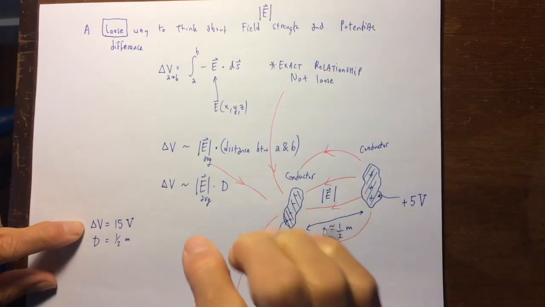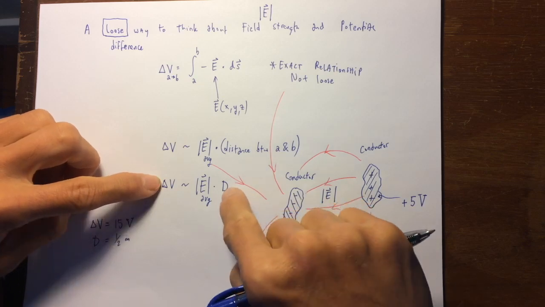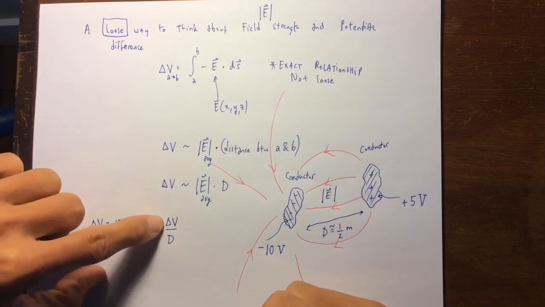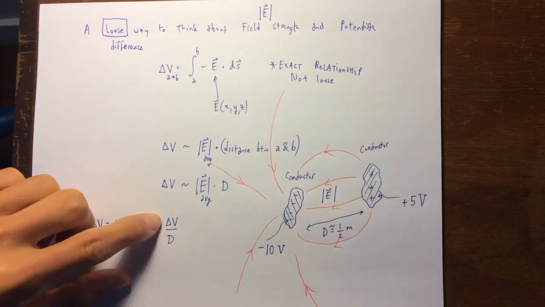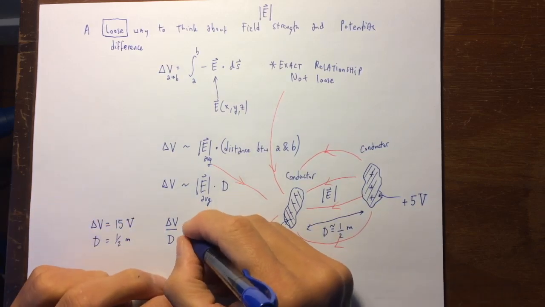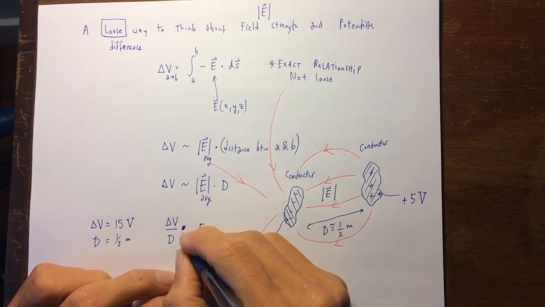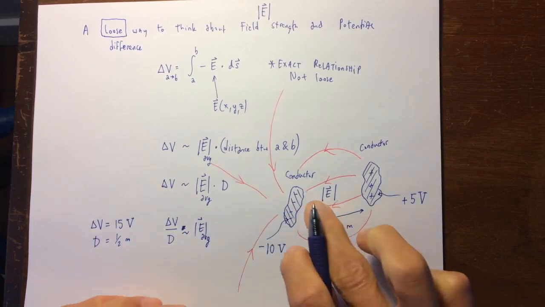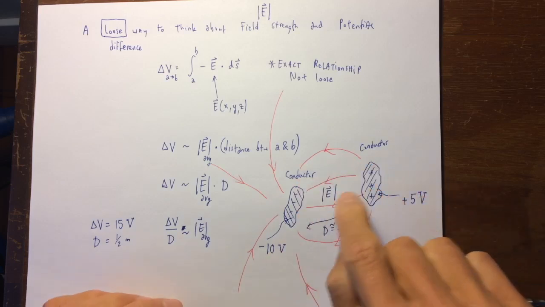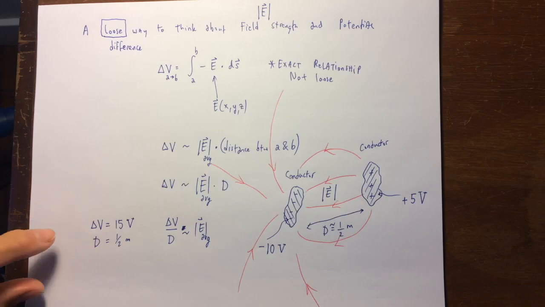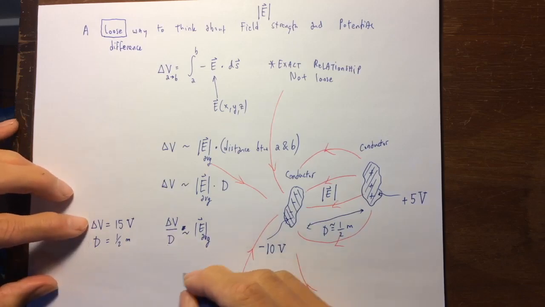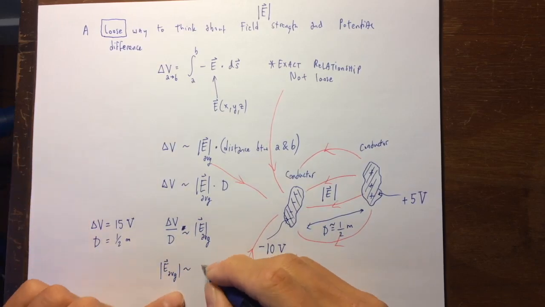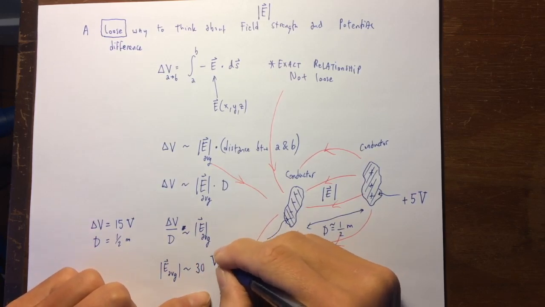And so you can see that delta V divided by capital D, so the distance between the conductors who have a potential difference between them of whatever it is, in this case is 15 volts, gives rise to, not an equal sign. It's a goes like. It's like a similarity sign. Gives us some sense of the strength of the field on average around or in between the conductors, in between these potential difference, or this potential difference. So when you do this operation, you see that the electric field has an average-ish value of about 30 volts per meter,